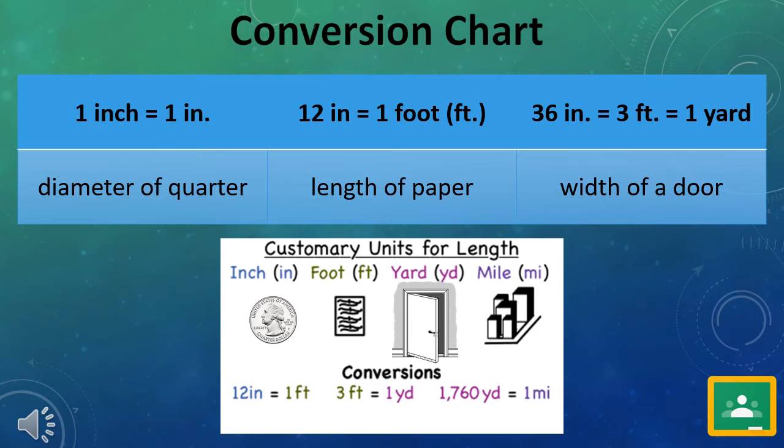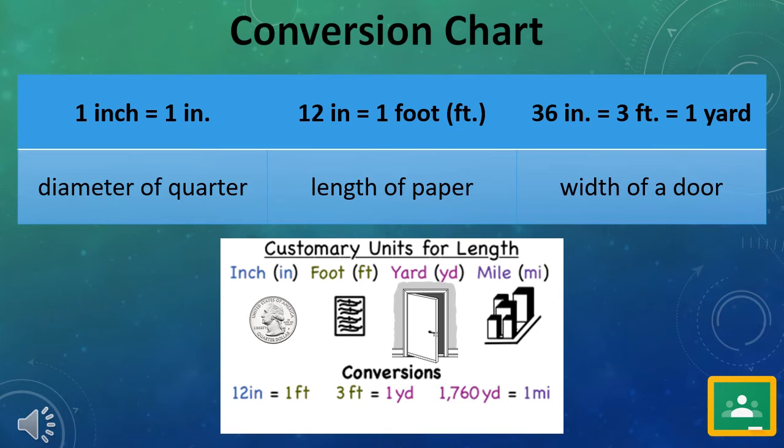And 36 inches also equals 3 feet. So I can also take 3 pieces of paper and line them up using their length. And those 3 pieces of paper lined up would equal 1 yard. So today you're going to do some more practice again in looking at an object that's given to you